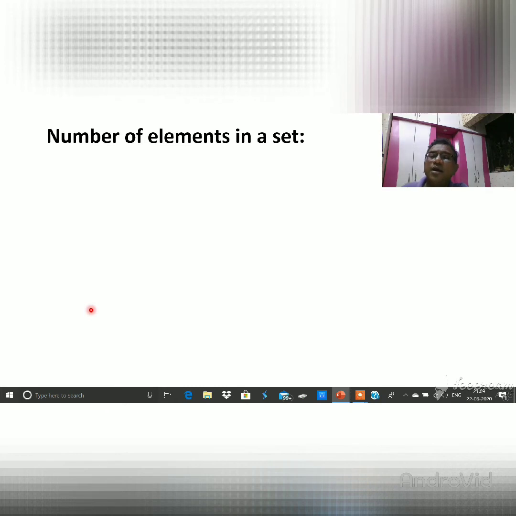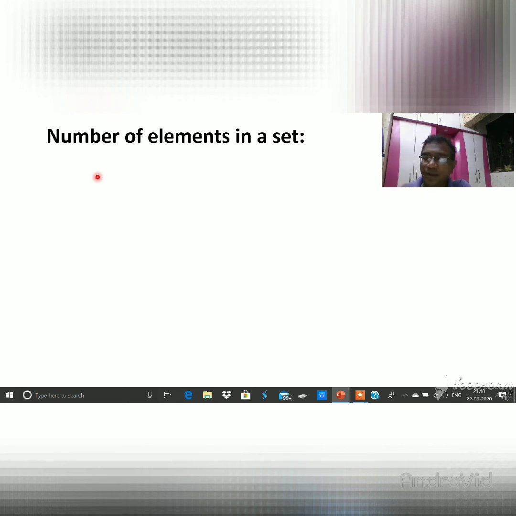Then another thing we want to learn is the number of elements. What does number of elements mean? Suppose I come to your class, the 9th A class of the KV Kanya, and ask what the total number of students in your class is. Then you say we are 41, 51, or whatever it may be. Suppose you are 81, then you say we are 81. So that is called the number.